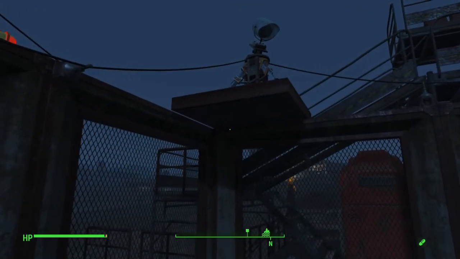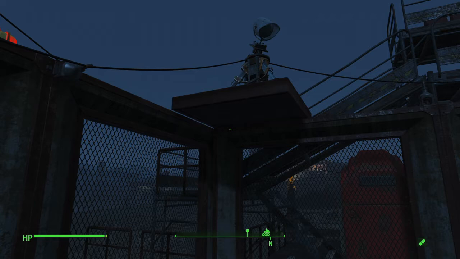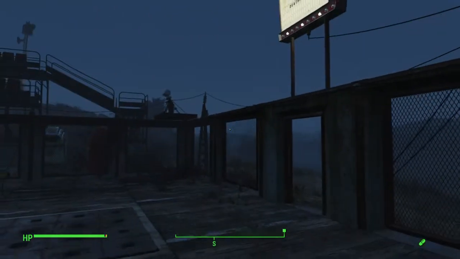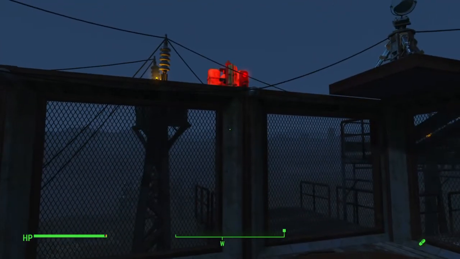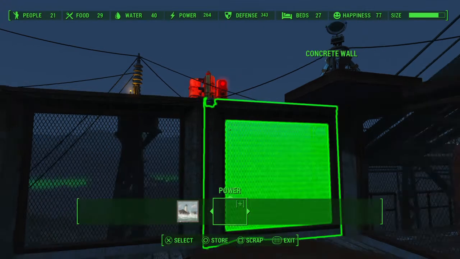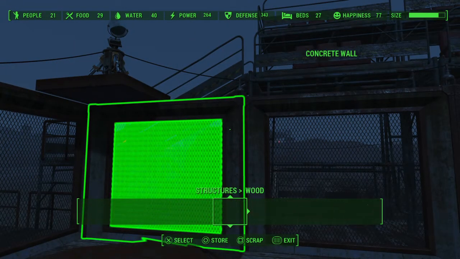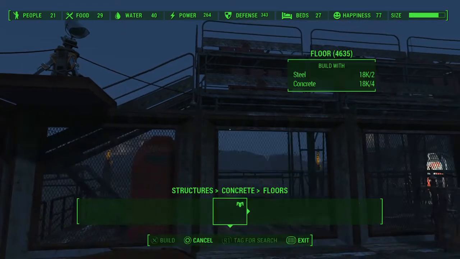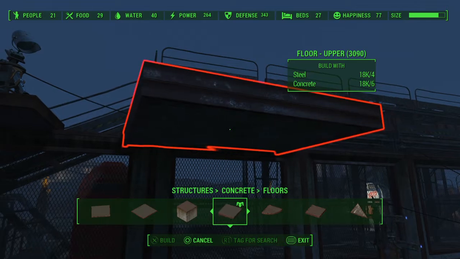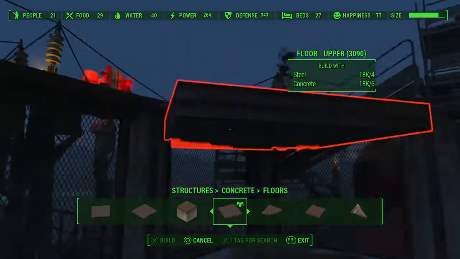Then I was able to put the small concrete floor piece, the little square. I put those up in each corner. With these two corners, I had to use the upper floor piece first. So go into concrete, go into floors, get the upper floor, and I was able to attach it right to